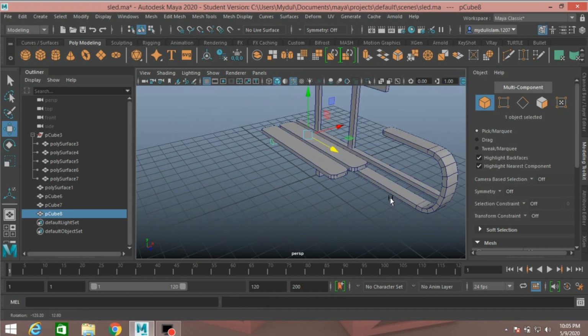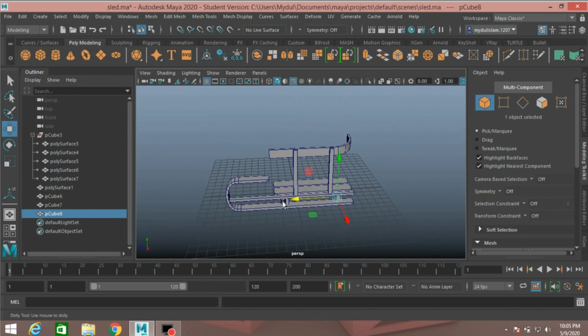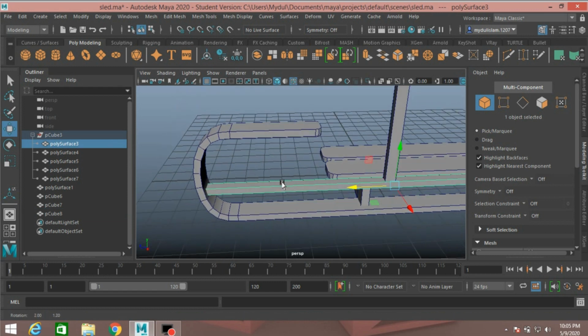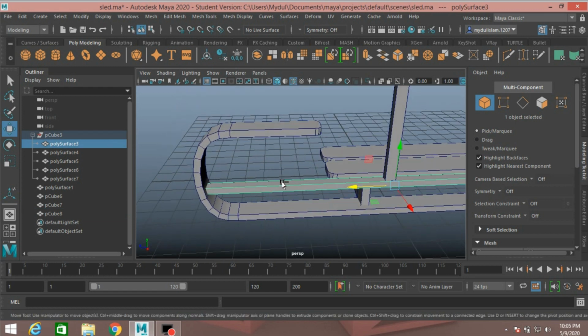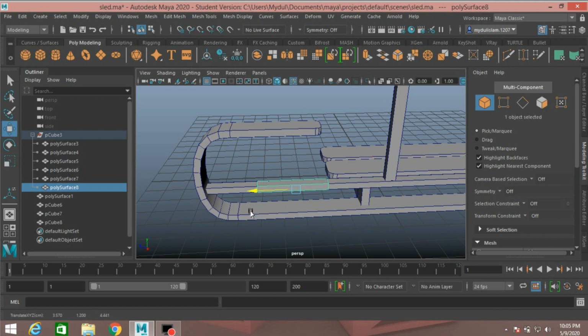Again, now select this. Press Ctrl plus D to duplicate and scale it just like this and move it just here.